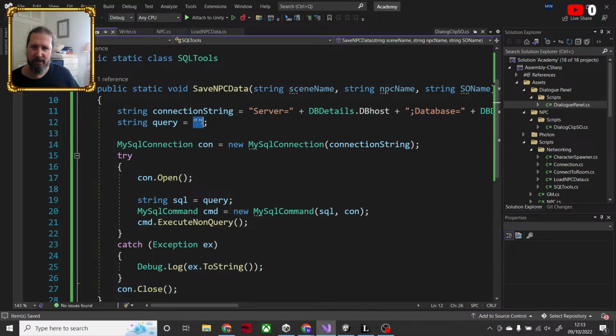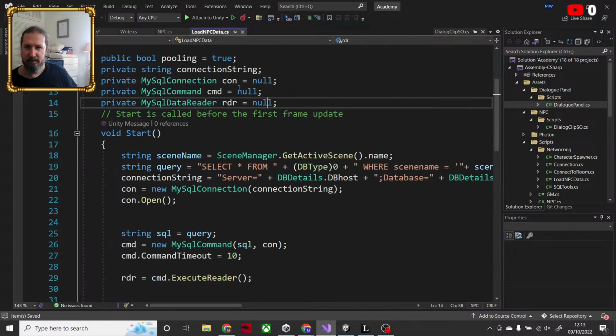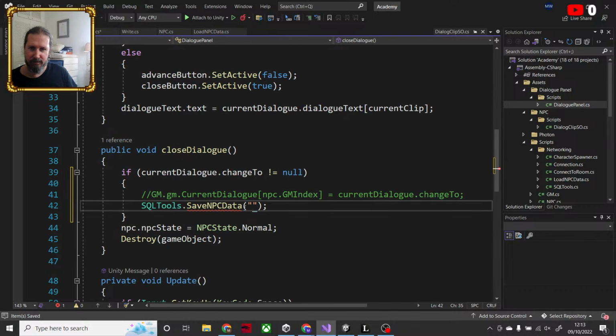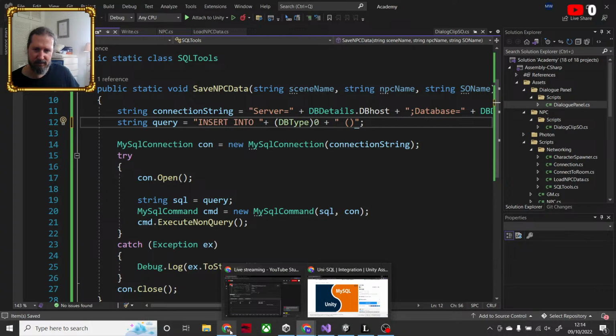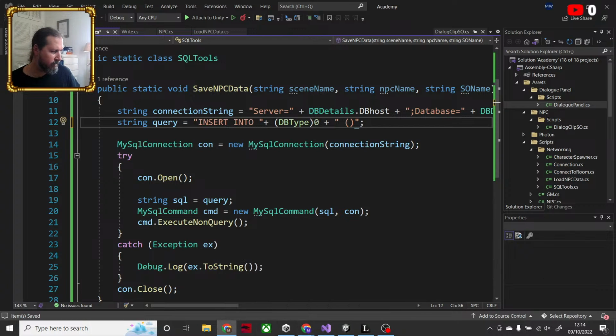Now this will take in insert into, and what do I call it? Insert into that. Please tell me I still have that open. Okay.